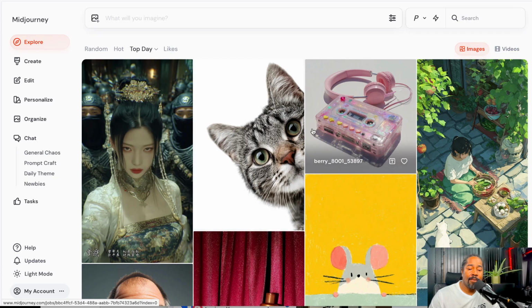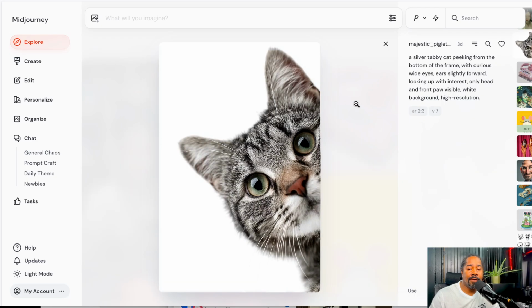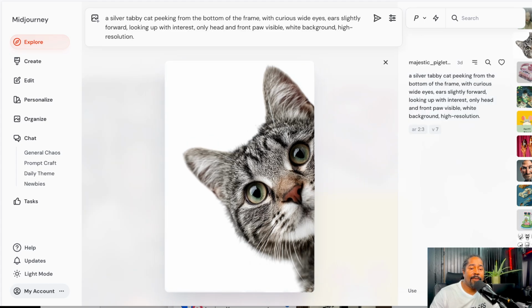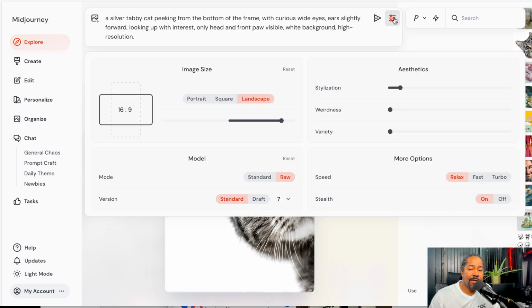So what do I mean by that? If you click on here, here's your prompt in the right hand corner. If you click on it, that prompt will go up in a prompt box at the top. Then it will give you a list of options. If you were to generate an image, you can go over here